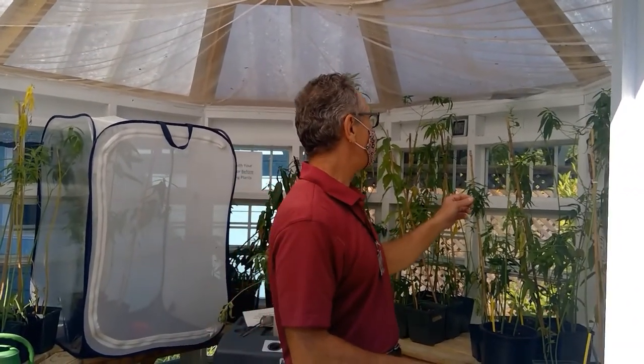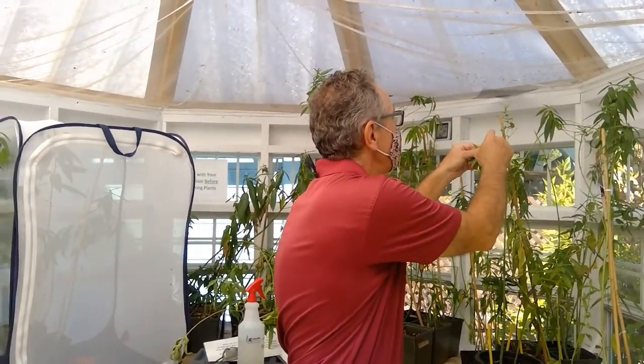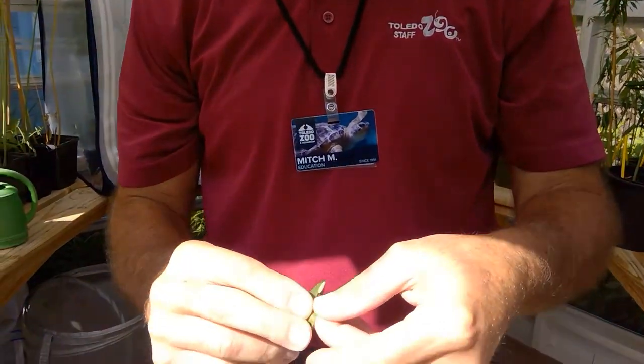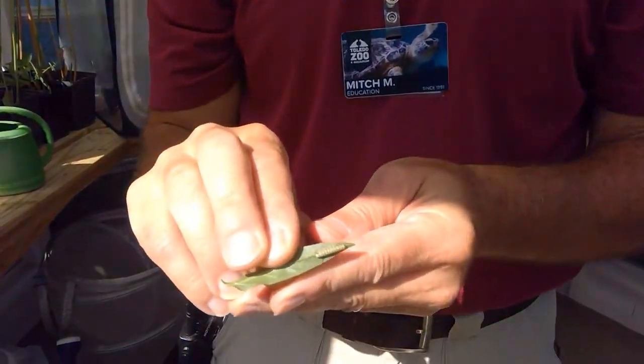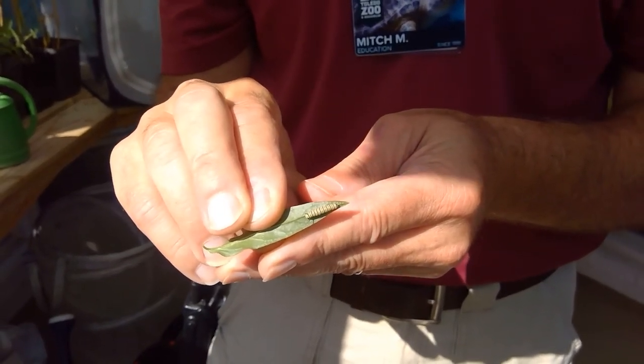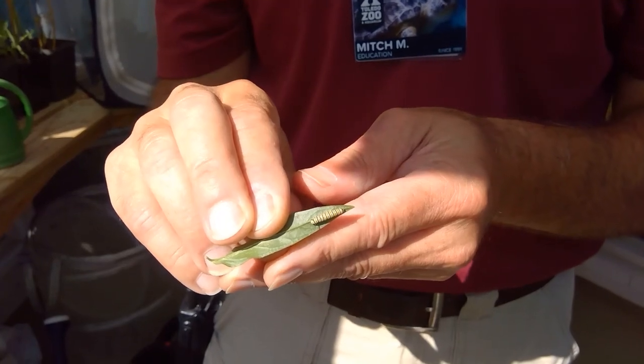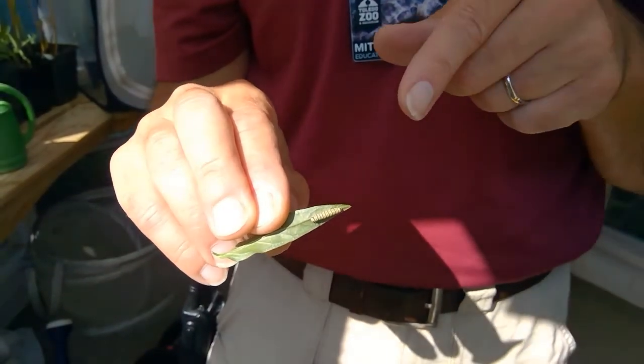So as we have adults come out, we have some caterpillars here. Let me see if I can find one. I'll show it to you. So these, like this caterpillar right here, this is like a third instar monarch butterfly caterpillar. So as this guy grows up, he's going to get a lot bigger, and as he goes through the life cycle, and as he pops out as an adult, probably about 3 weeks from now or so,